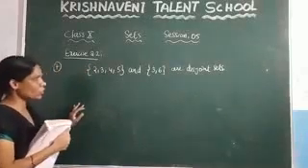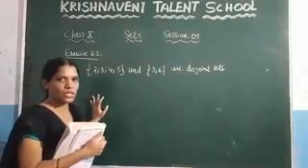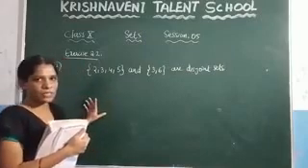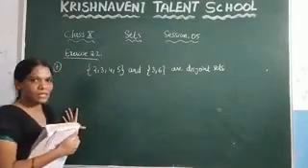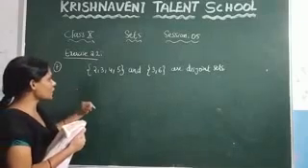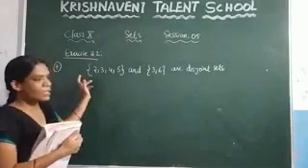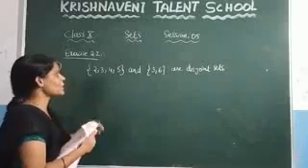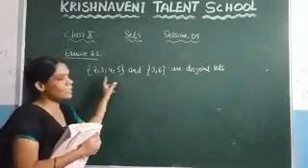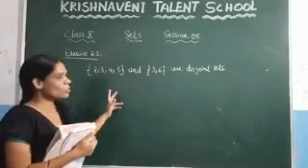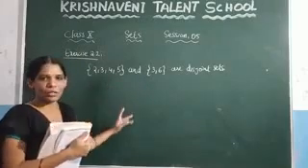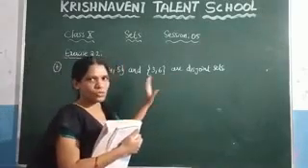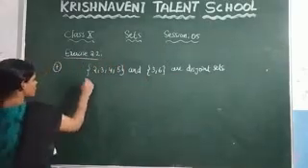That means you want to know what is meant by disjoint sets. What is meant by disjoint sets? If the sets do not have any common elements, then we can say that those sets are disjoint sets. Here you need to check whether there are any common elements present in these two sets. You can observe that 3 is the common element present in these two sets. So we can say that these sets are not disjoint. But they have given here that these sets are disjoint. So we can say that the statement is false.